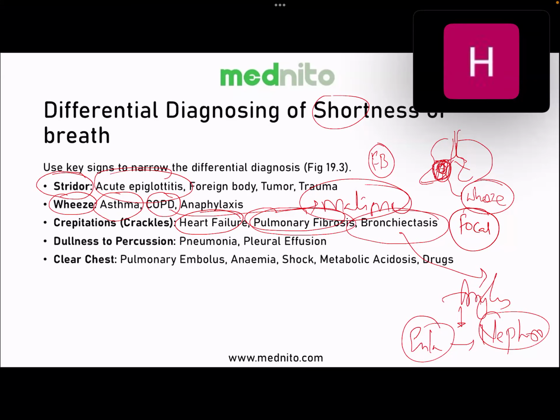All right. Bronchiectasis, repeated multiple infections with the chronic cough, with the copious amount of sputum, that is characteristic of bronchiectasis. If the examiner tells you that there is a stony dullness on percussion on the left side, it is pleural effusion. Why did I say about left side? Because pleural effusion, the most common side is left side. But in heart failure, it is bilateral pleural effusion you will find.